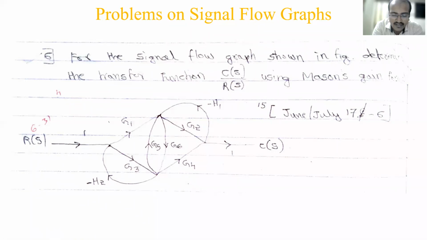Okay, 4 loops, 4 paths. Any other answer? So Jnanesh has answered 4 loops and 4 paths. Is there any other answer? So 4 forward paths, yes. And how many loops? Three loops, we have 3 loops. 3 loops, 4 loops.